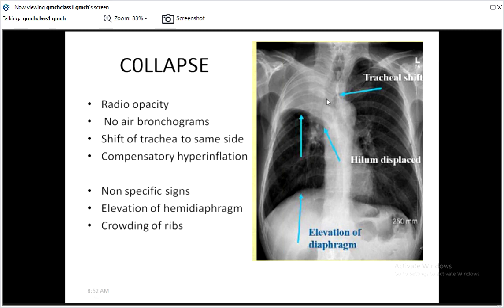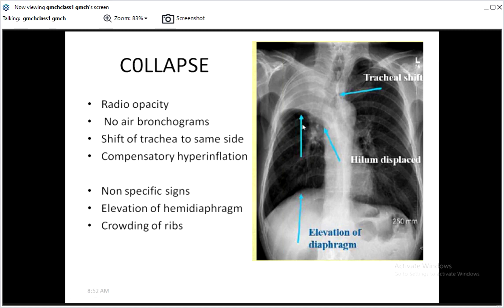Trachea will be shifted to that side. Hilum will be shifted to that side. Or if there is a massive collapse, the cardiac silhouette may be shifted to that side. And if there is collapse, there may be compensatory hyperinflation on the other side of the lung. Or these are some of the soft signs, which usually you cannot make out, like elevation of the hemidiaphragm,